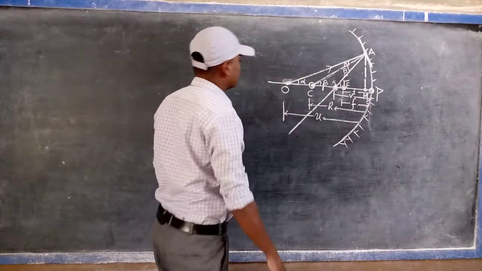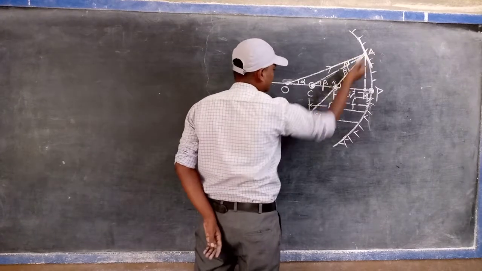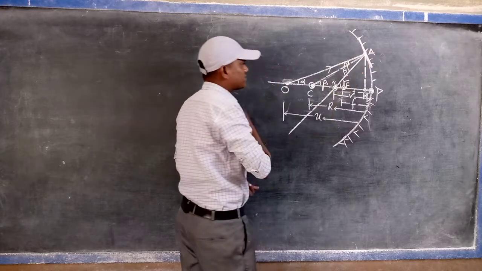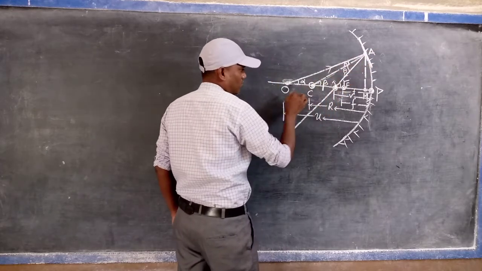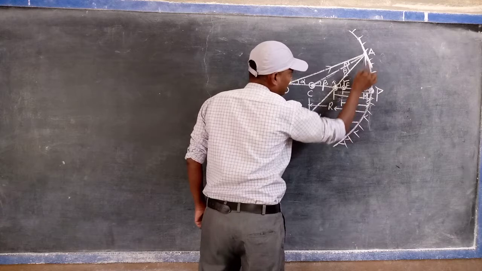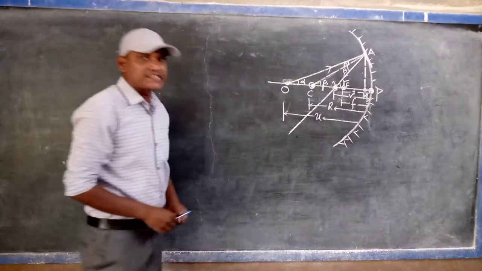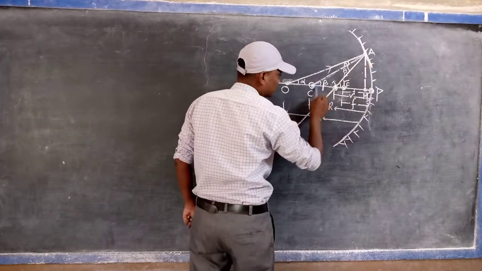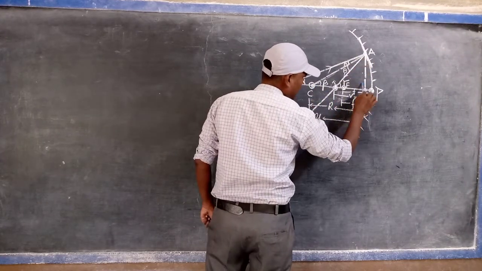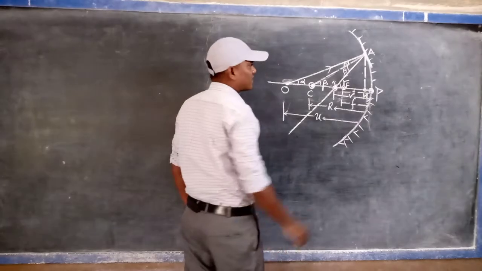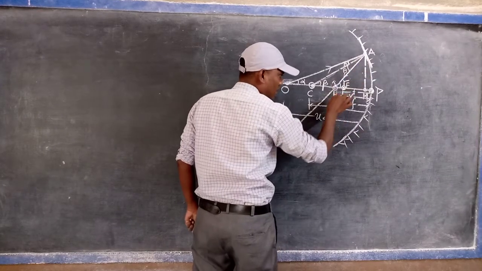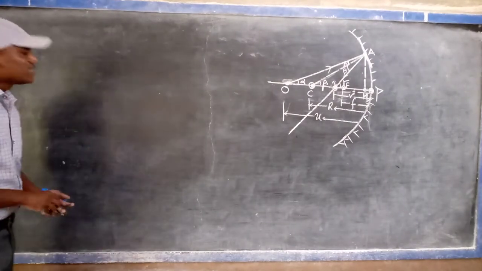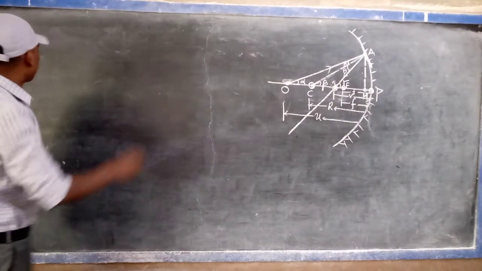Here you are observing that A, O, M, so A to O to M appears like a right angle triangle. In the same way, A, C, M is also a right angle triangle. Next, A, I, M is also a right angle triangle. That's why, now, first of all, from the figure,